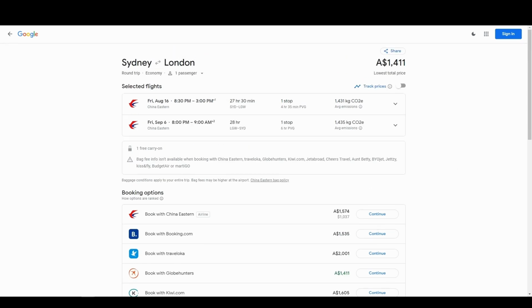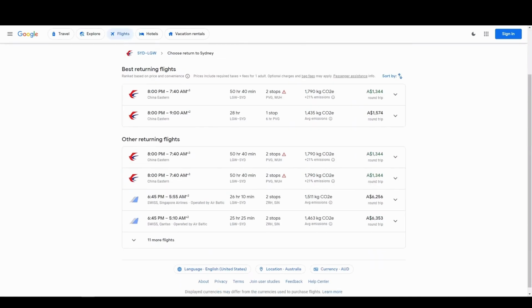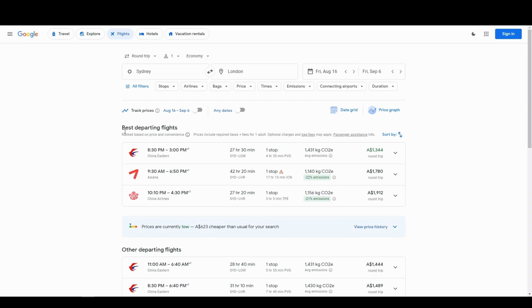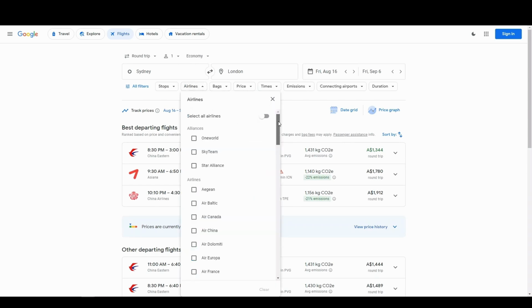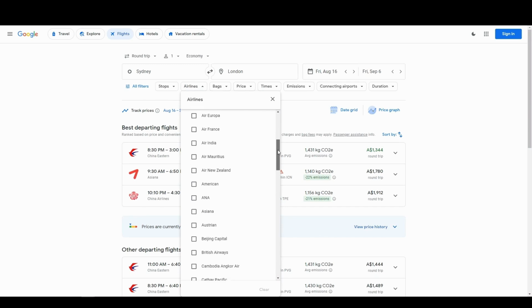That was easy. But what if you want to travel with a specific airline? So let's go back to our main screen. Let's say based on our previous example, I want to book the flight for two people in a premium cabin. And I only want to do it with three airlines: Qatar, Emirates, and Singapore Airlines. So what I can do is go to the airlines tab here and choose the individual airlines. Okay, so let's choose them.